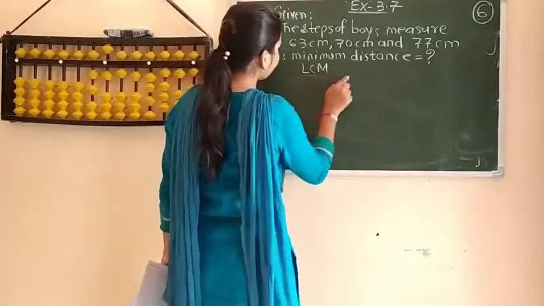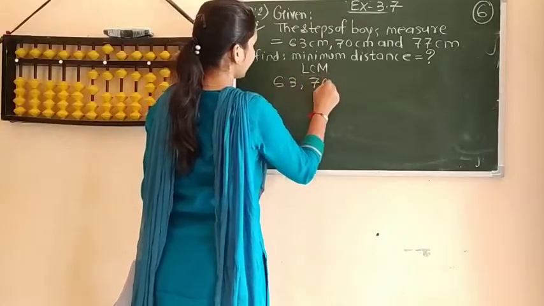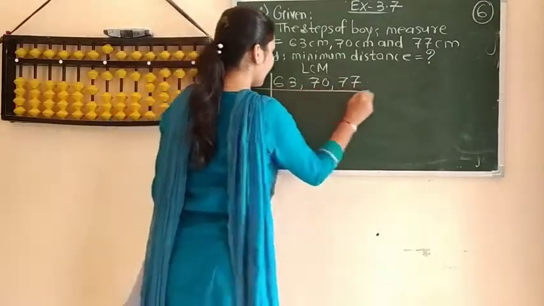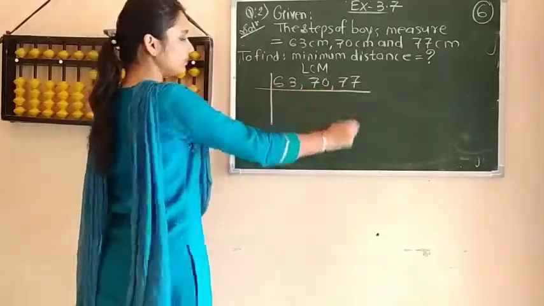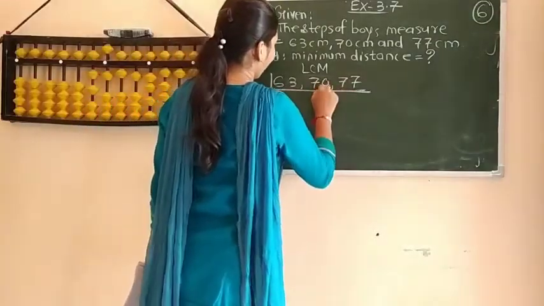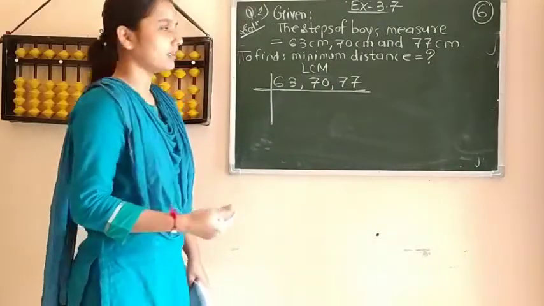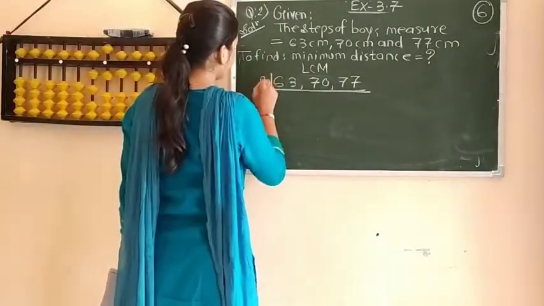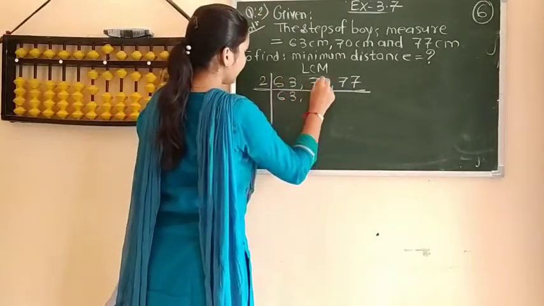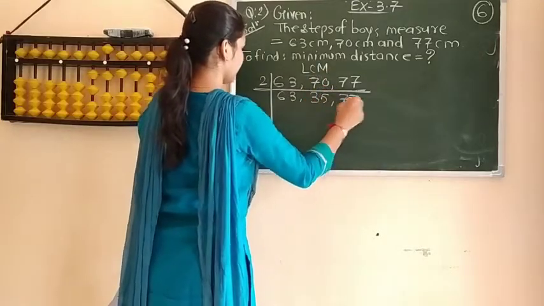For finding the LCM, you have to write these numbers together, not separately. In HCF, we write them separately and find the factors separately. In LCM, we write them together and then check. See, if at least one even number is there, we have to divide by 2. So we write 2 here because 70 is an even number. Write down the remaining odd numbers as they are. 2 threes are 6, 1 remains, 2 fives are 10. This 77 as it is.